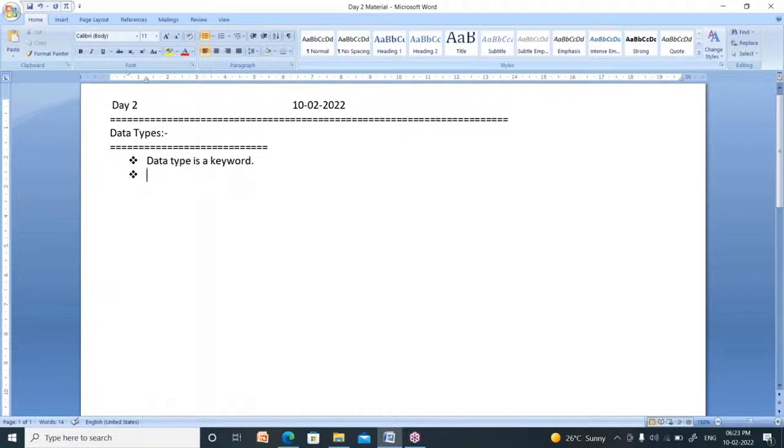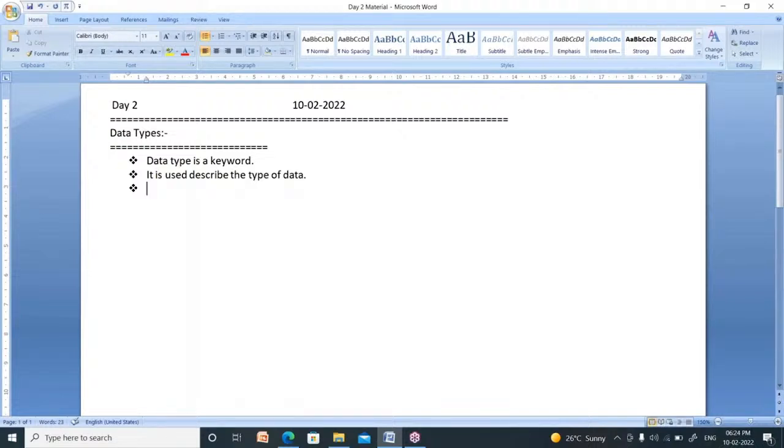A word which was already defined inside the C language is called a keyword. Data type is a keyword. It is used to describe the type of data.